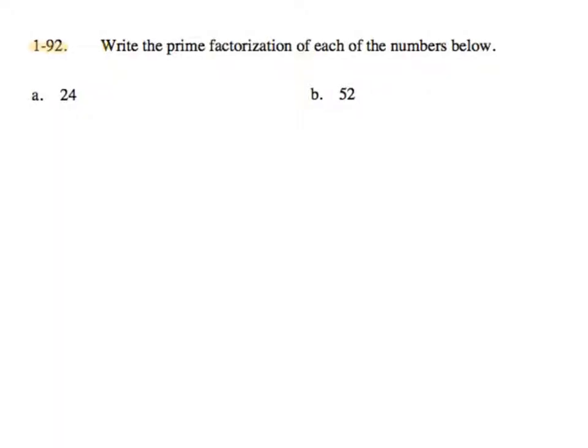1-92. Write the prime factorization of each of the numbers below. So prime factorization, we need to have prime numbers, and factorization means we're going to break down the numbers into multiplication, so factors. So a list of prime numbers, so 1 is not prime